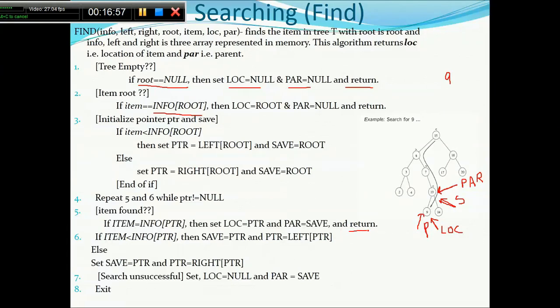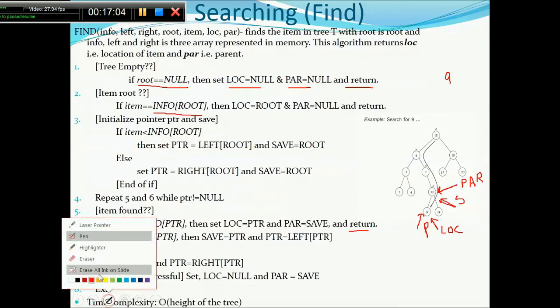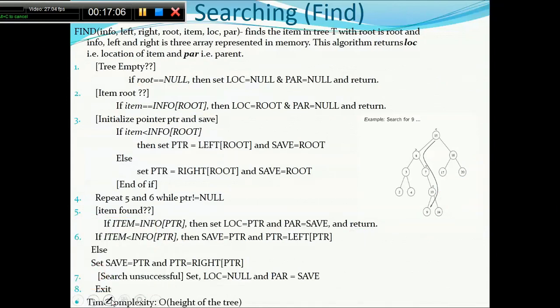I will try to do an unsuccessful search. Suppose an element is not present. Then in this case, let's see how this thing works. The time complexity of this algorithm would be the height of the tree. It could be log n in the average case, or it could be order of n whenever it is a skewed tree. Suppose the number you're looking for is 24.